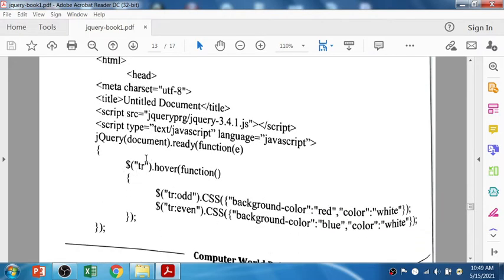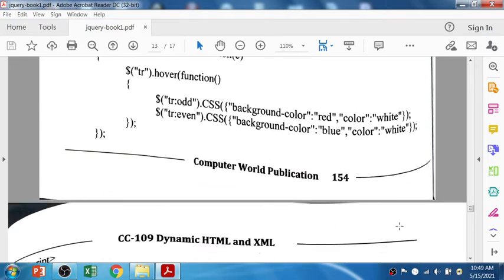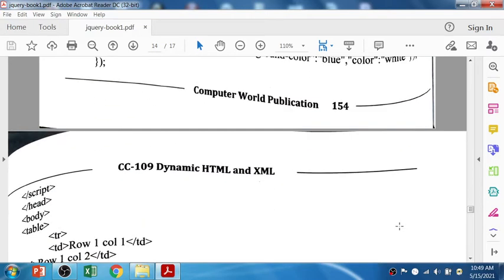see the tr hover event, the over function, then dollar tr odd, right? So the background color will be red and the font color is white, and the even table rows have a blue background color and white font color, right?